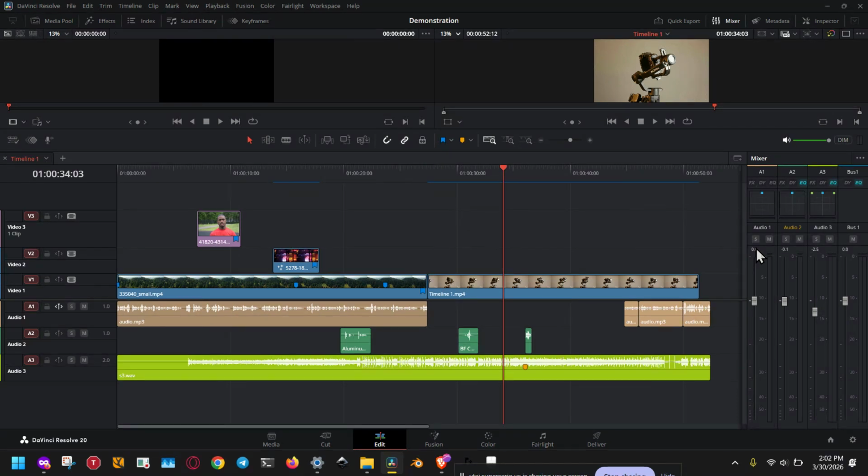If one of your tracks is too loud, you can use the volume fader on that channel strip. This is the vertical slider on the strip. Drag it up to increase the gain, or drag it down to lower the level. This is one of the fastest ways to balance your audio tracks and make sure nothing is overpowering the rest